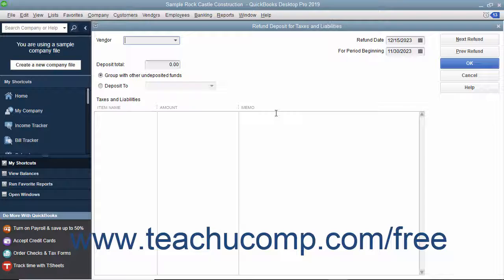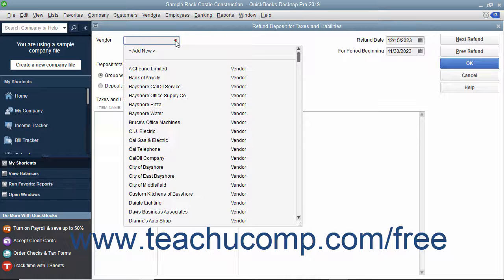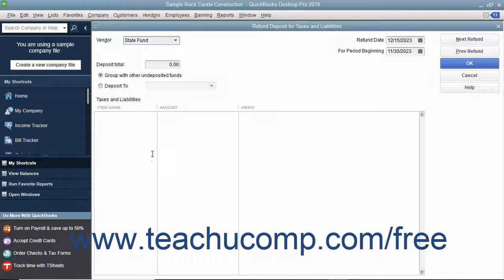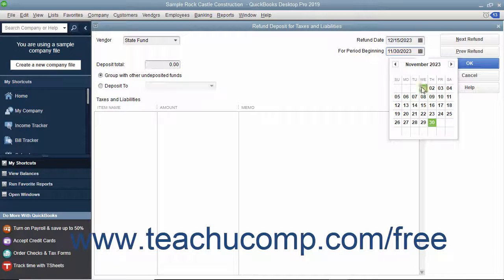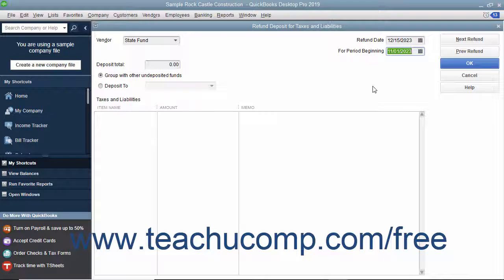In this window, choose the vendor from whom you received the refund check from the vendor drop-down list. In the Refund Date field, enter the date you want this refund check to enter your bank account. In the For Period Beginning field, enter the beginning date of the pay period this refund affects. Next, indicate whether you want QuickBooks to group this payment with other undeposited funds or deposit it directly into a